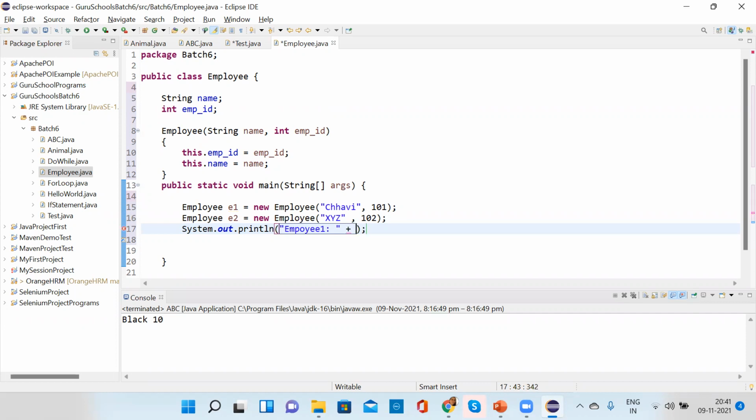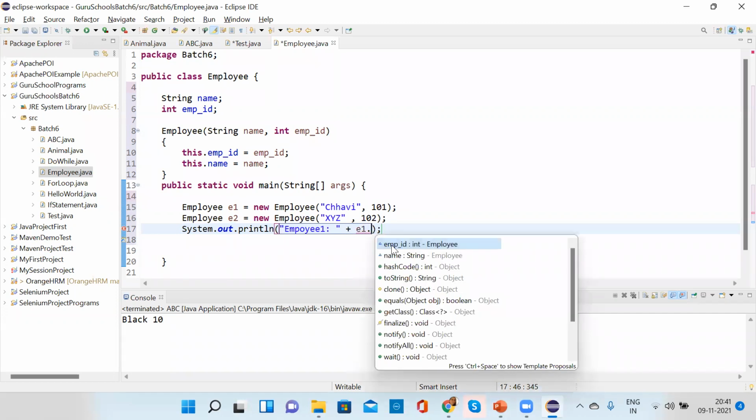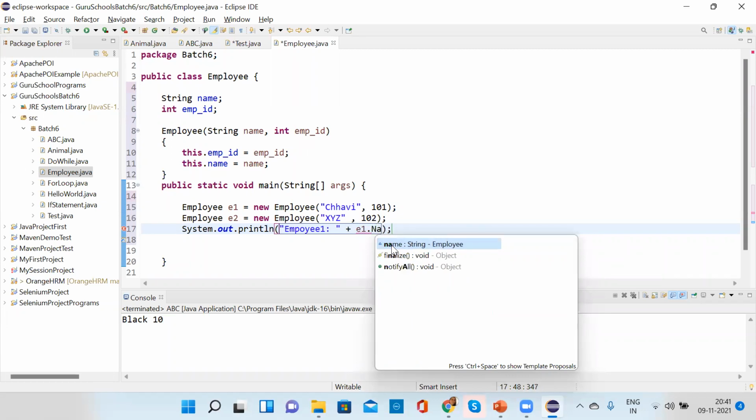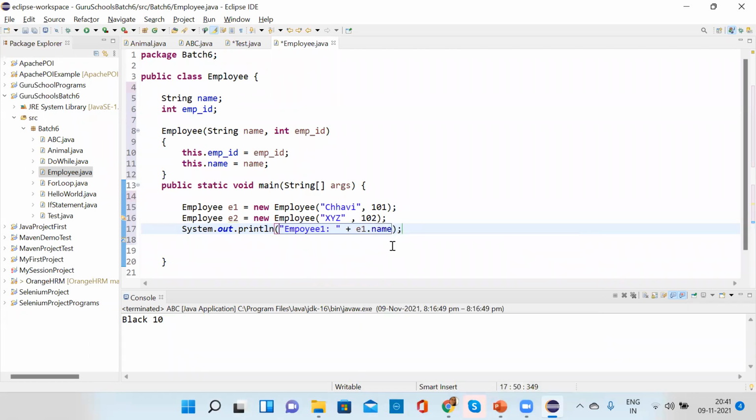How will I print it? Tell me. I want to print here Chavi, correct? E1 dot, correct. So we have to write E1 dot, because in E1 only it is stored, right? It is the object one. The name and the employee ID are stored where? In E1, right?